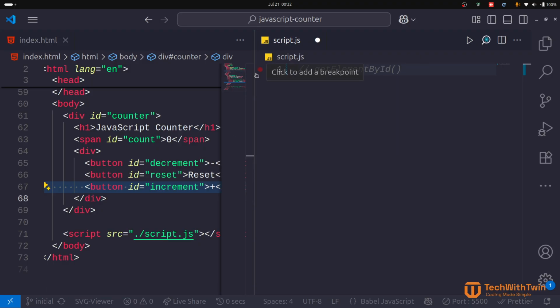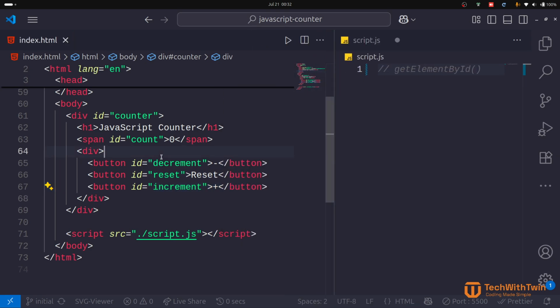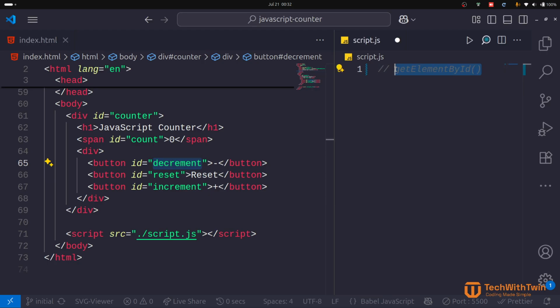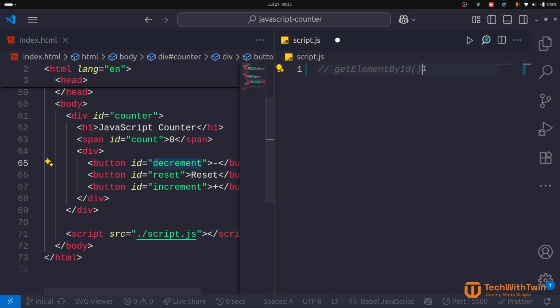We already gave each element its own ID. This ID is decrement, this ID is reset, and this ID is increment. So we can get these specific elements by their own ID using this method called getElementById. So this is exactly what we are going to do. The first thing we need is the